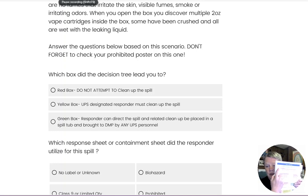So we start up here at the top. Yes, we've got a leaking package, so we're going to come over here. And yes, we've got a diamond hazard label. So we're going to come over here, and Poison 6 is right there. And this is our box of prohibited items, right? But if we turn to page, it should be on page 16 of your decision tree, you should have a